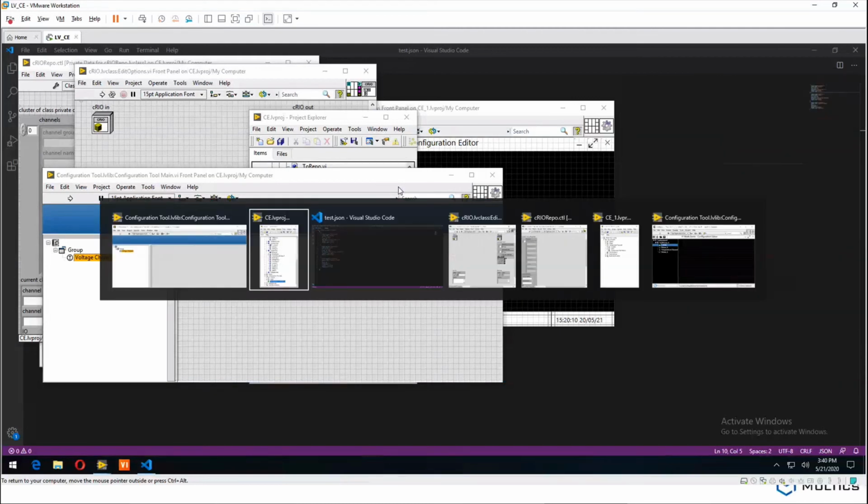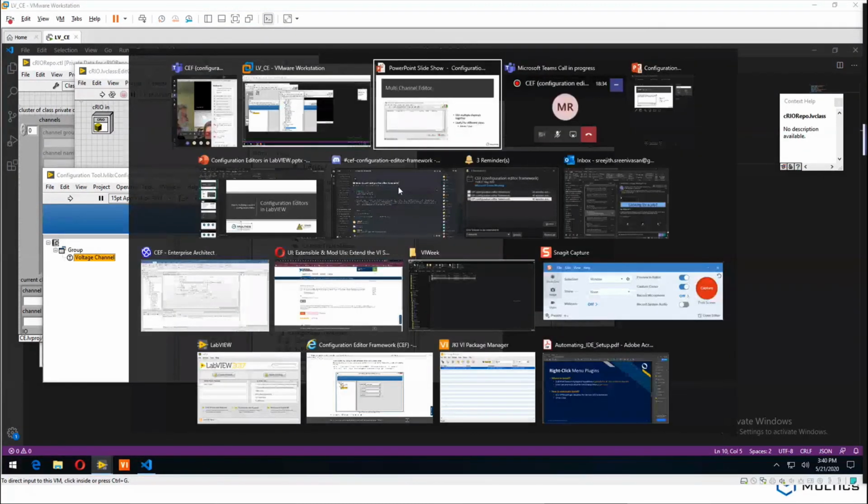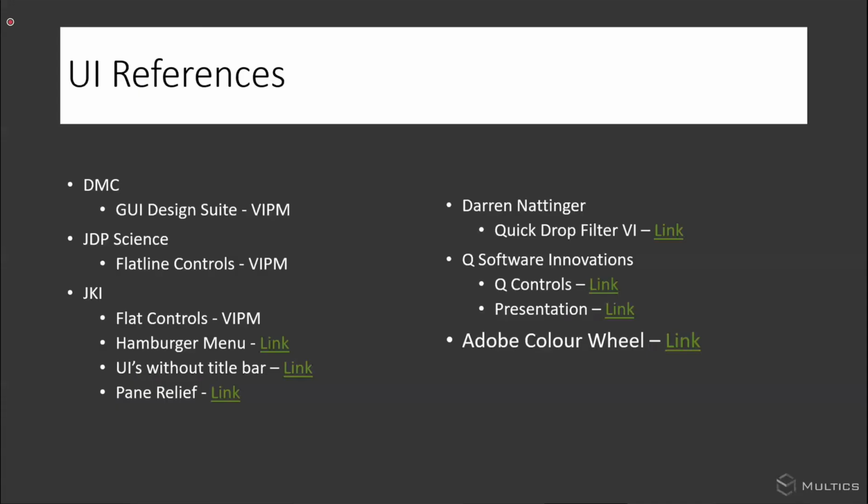So if I go back and make sure that I follow my own presentation. So, references to the UI. I don't mean a reference as in a reference, but the references that I had. So again, as I said,